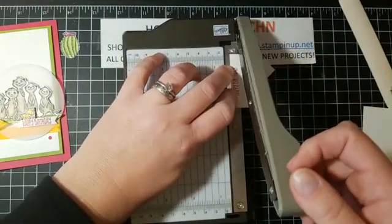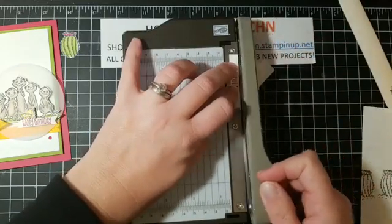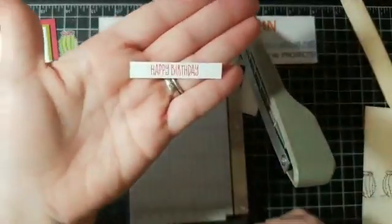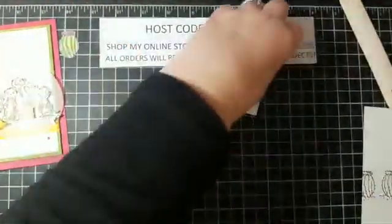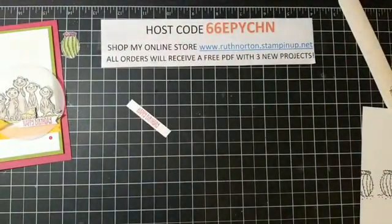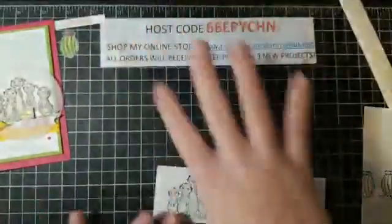And let's see. I was joking with my team last night that if I chop off my fingers, I'm going to regret cutting off that guard, but look how cute. Perfect. Love it. This little trimmer is the best. Okay, I'm going to set that aside so we don't lose it,